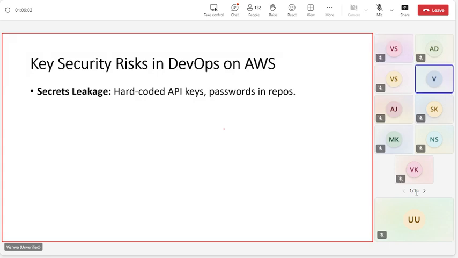Those keys should be kept safe and not hard coded inside the code, which is a very wrong thing. If any hacker gets access to the code by mistake, they have access to the passwords. So how do you secure it? We can use tools for that.